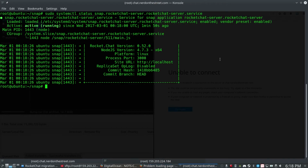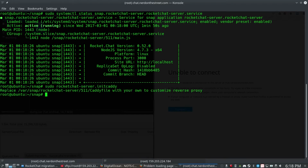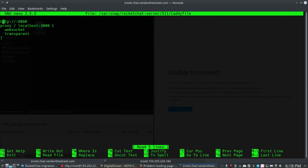So that's just awesome. We're going to try using a program called Caddy now, and Caddy is the program that is going to let us do Let's Encrypt to have HTTPS, which we want for something like a chat server. We want that to be encrypted. So we are going to generate a config file for that by running this, rocketchat-server.initcaddy. Okay, so then nano /var/snap/rocketchat-server/511/Caddyfile, and this is the file that we will...